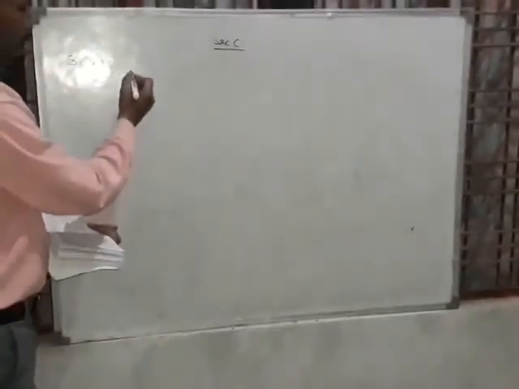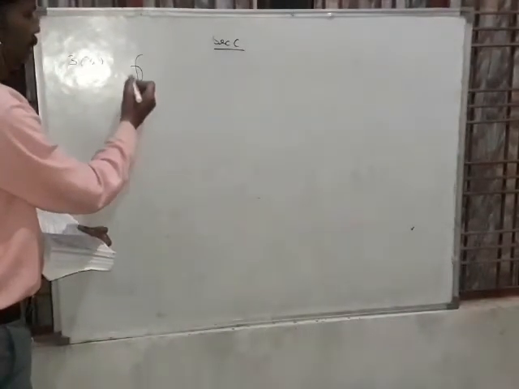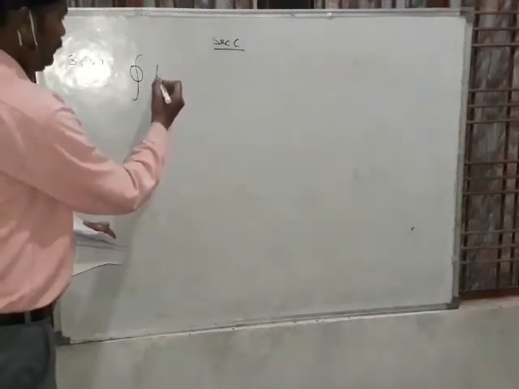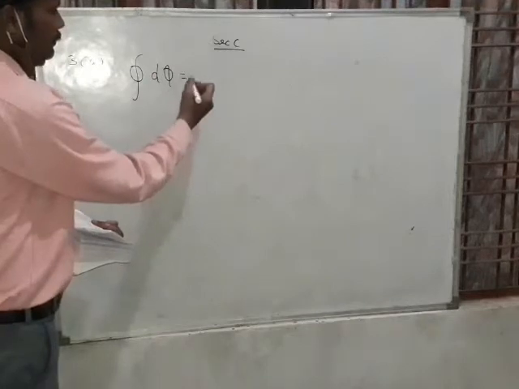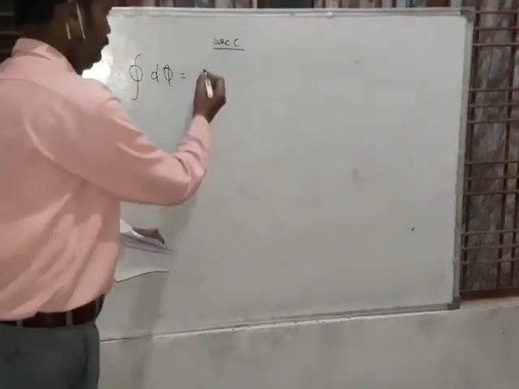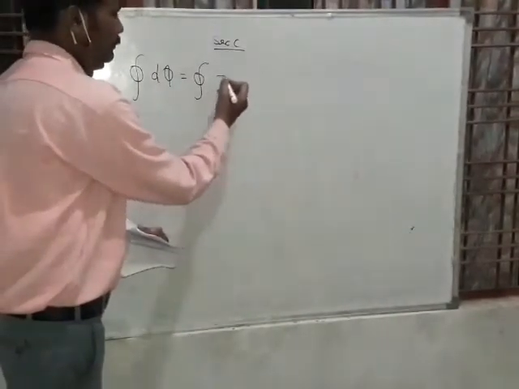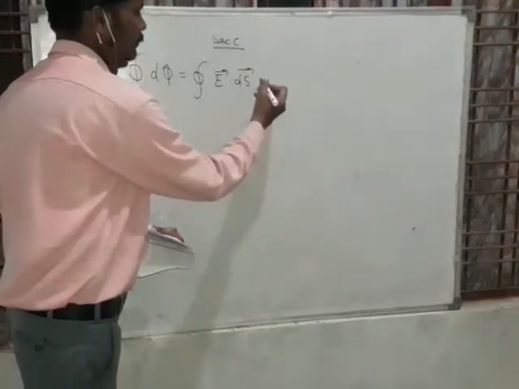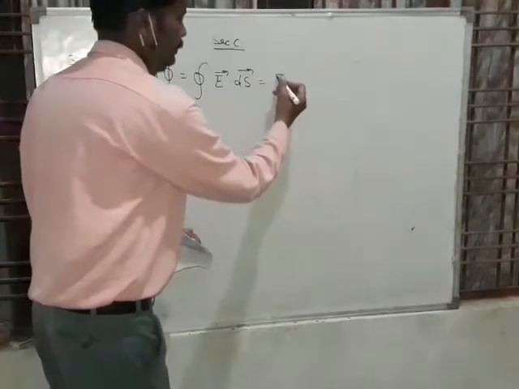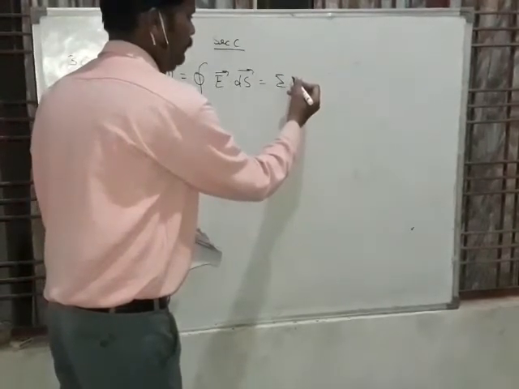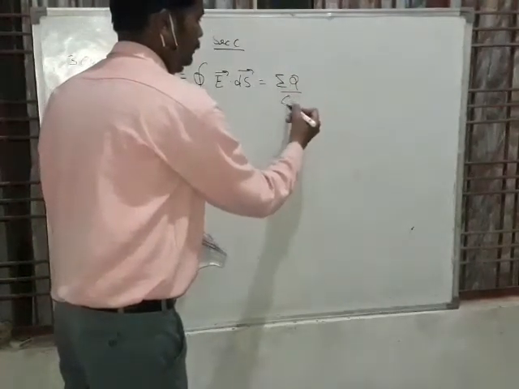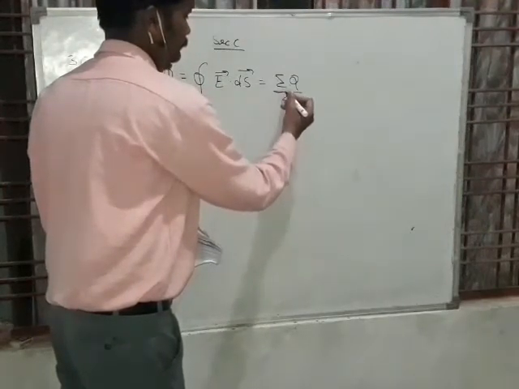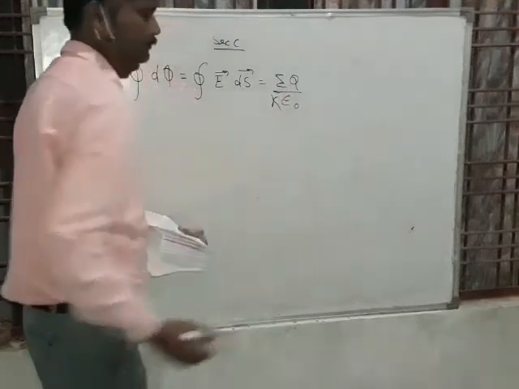And you know that closed surface integration d phi E is equal to closed surface integration vector E dot vector dS, which is equal to sigma q upon epsilon naught, or k epsilon naught,